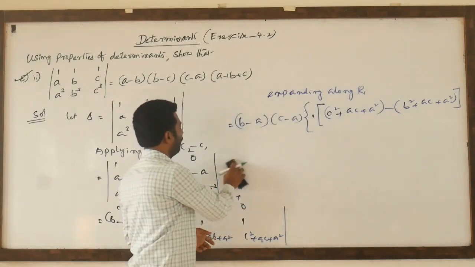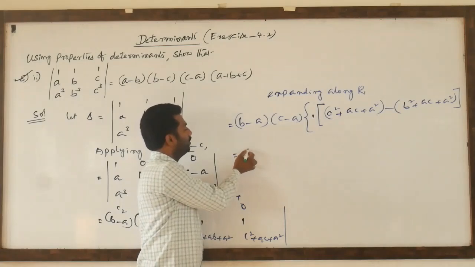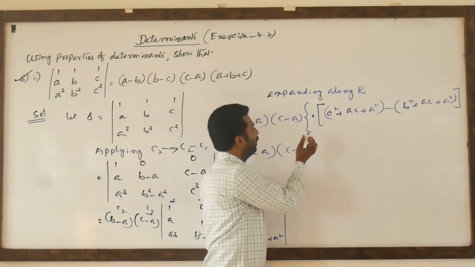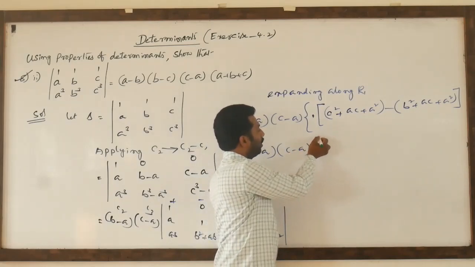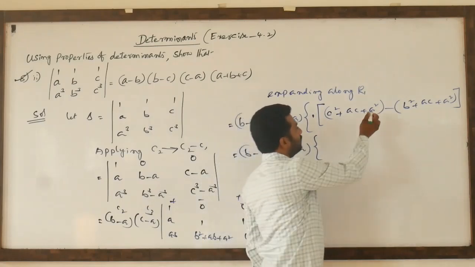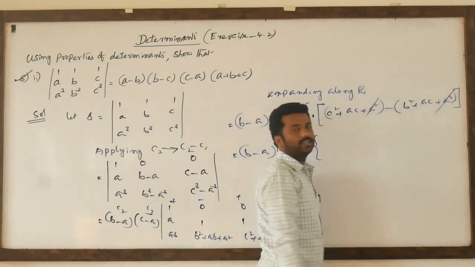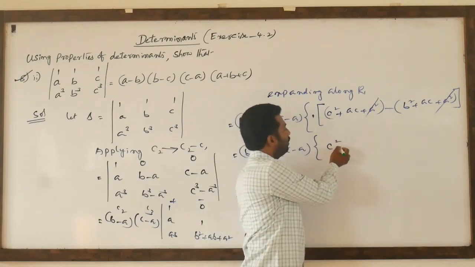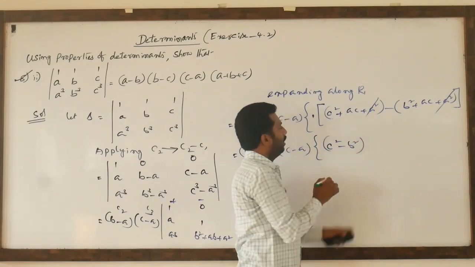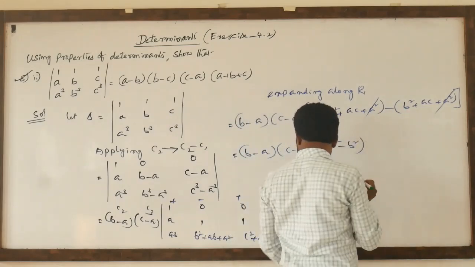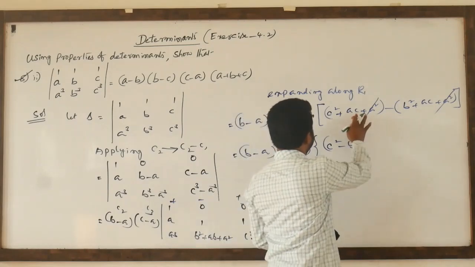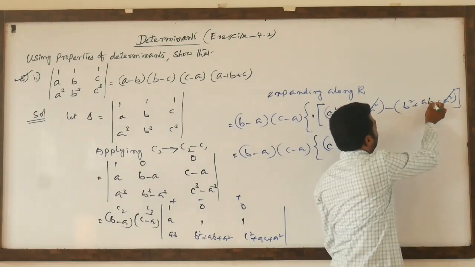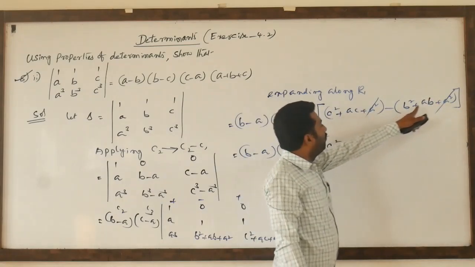is B minus A, as this we have to write. So from this, B minus A into C minus A. You observe how to write this one. This is plus A square minus A square, cancel. You observe clearly, C square minus B square. C square minus B square. AC minus, this is AB only, no? So first one is AC. This is AB. Okay. AC minus AB.